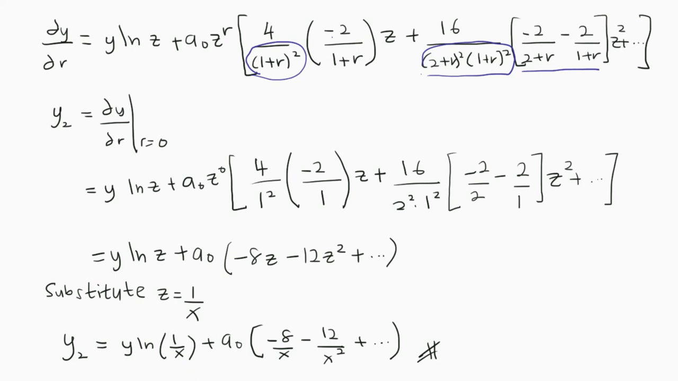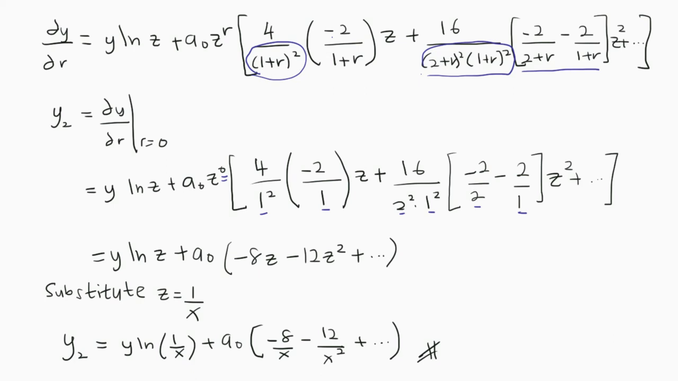And y2 is equal to del y over del r when r equals 0. So, it will be y ln z plus a naught z to the power of 0. And we do a quick calculation. Substitute r equal to 0. We have 1 here because 1 plus 0 is 1. Here is 1. 2 plus 0 is 2. 1 plus 0 is 1. So, simplifying, we have y2 equal to y ln z plus a naught in bracket negative 8z minus 12z squared